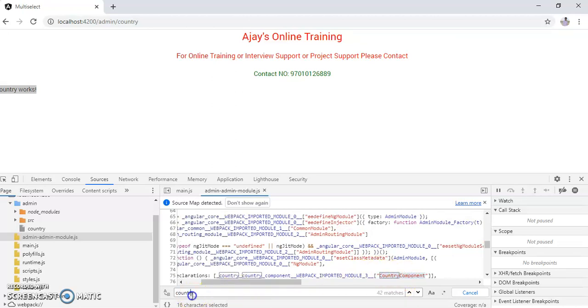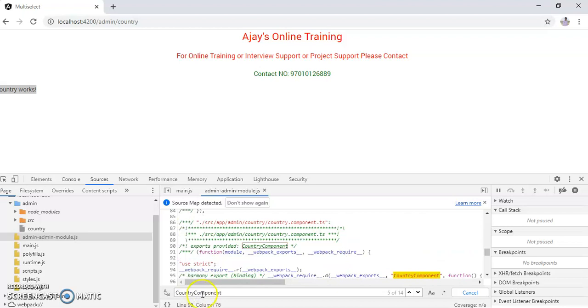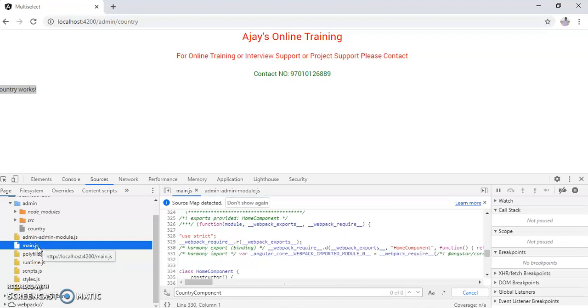So what is the importance of lazy loading? The bundle size will be reduced. What is meant by bundle size? Bundle size is nothing but the JavaScript file size. In real-time applications, you are going to have 15,000 to 20,000 plus components. In such cases, you have to segregate them into different modules, and from the different modules you have to lazy load. This is all about lazy loading.